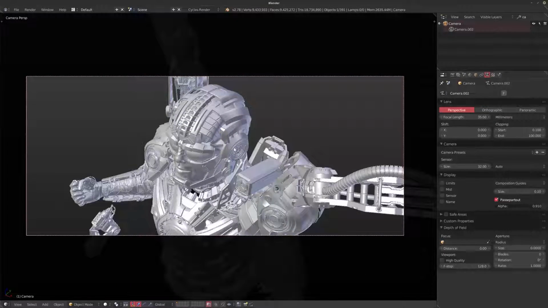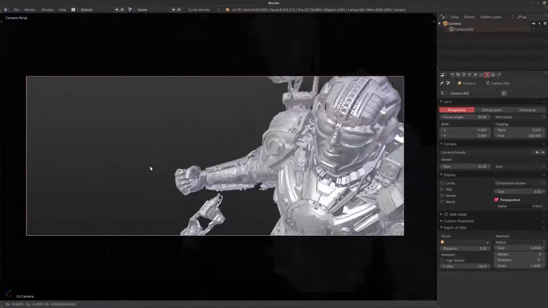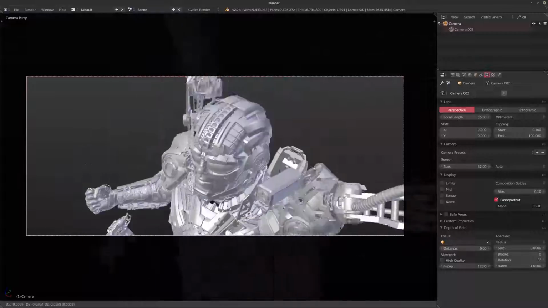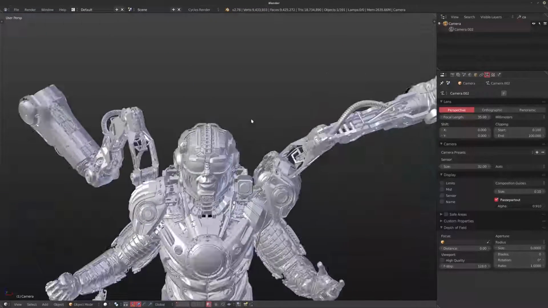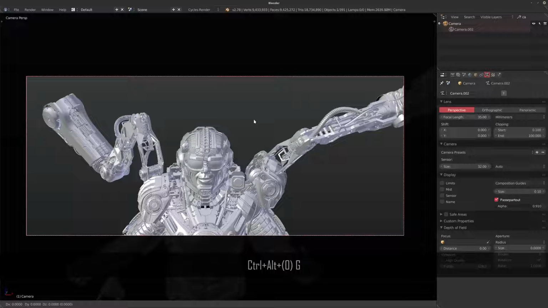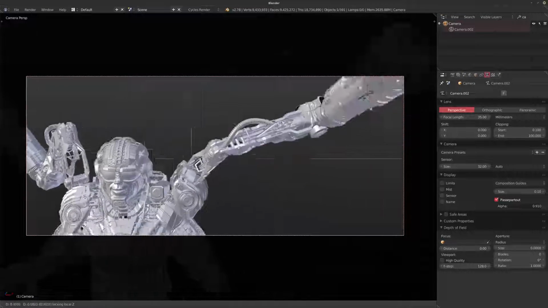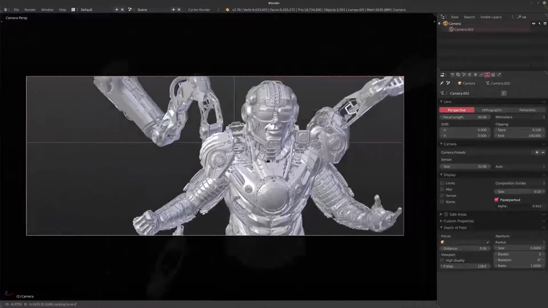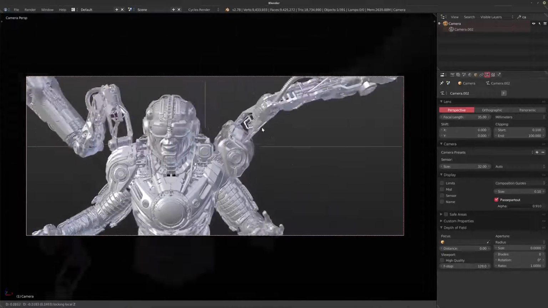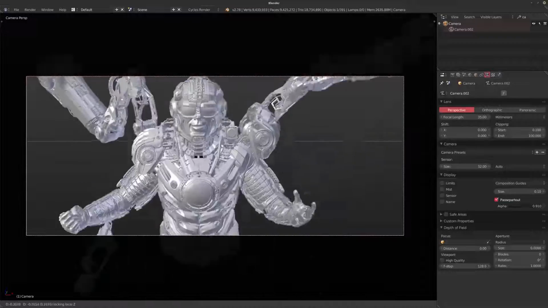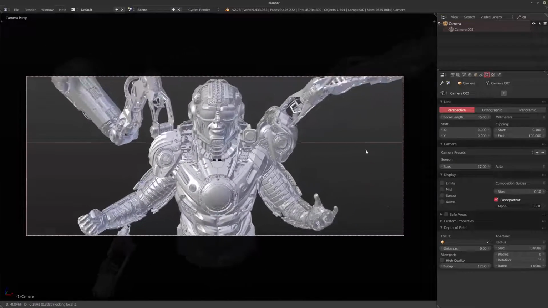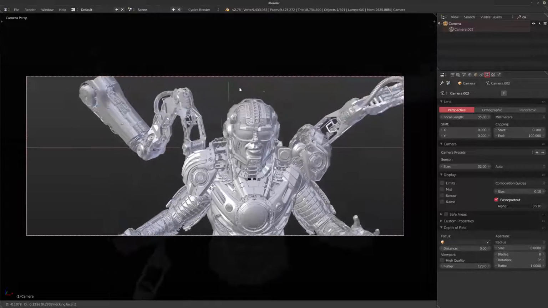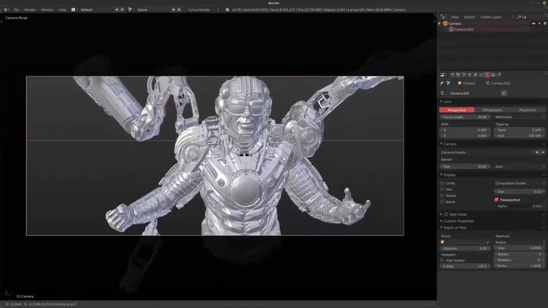So this is awesome because it allows you to get shots really quickly. And again, by using G, by just grabbing the camera and moving it around, we can pan it around a little bit. Now, if you want slightly more granular control over that pan, if you hit G and then Shift Z twice, then you get the camera moving along its local axes in the X and Y axis. Now, this is really nice as well. If you hold down Shift, you can change the speed of the movement as well. So you've got a lot of options to move your camera around already.